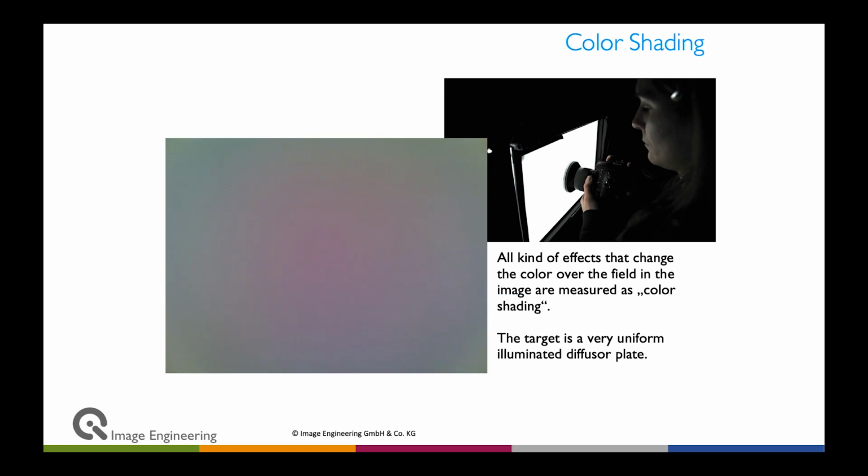Another effect that you have in many different devices, particularly also in mobile phones, is the so-called color shading. Due to filter effects, a variation in the transmission of infrared cut filters or in the filter design on the sensor, you have a different spectral sensitivity in the center than you have in the corner. That means that you have a color cast. Typical is a greenish center and a magenta corner, or vice versa. This is something that you want to calibrate on the production line or get rid of, but also the measurement for that